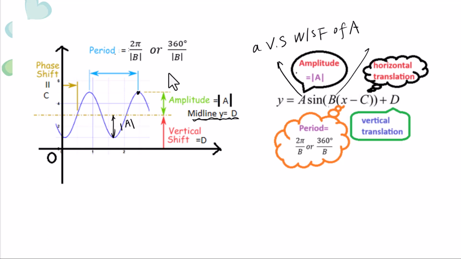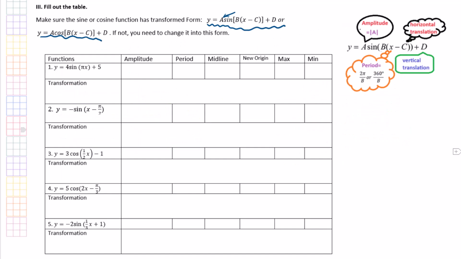The B will perform a horizontal stretch with a scale factor of 1 over b. Make sure the sine and cosine function has the transformation form. Otherwise, you need to change it into transformation form so that we can figure out the